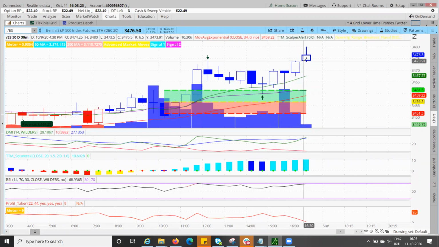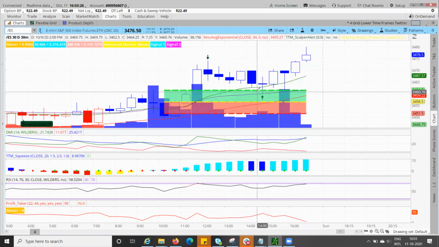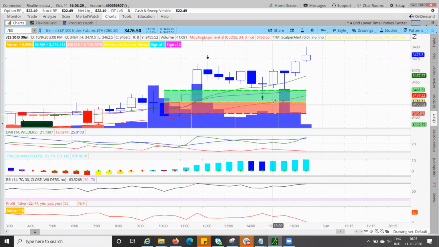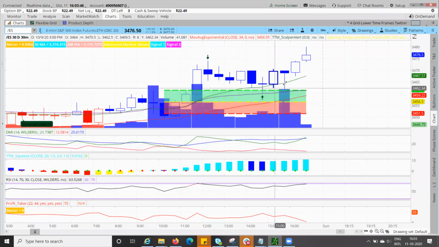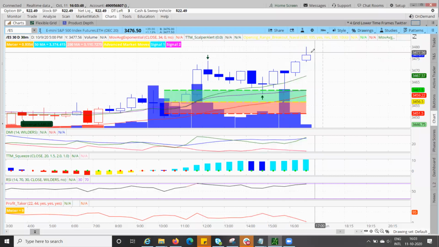Stop loss here is this green line. As soon as you go below here, or if you want to be a conservative trader, this is your yellow line, which is 34.56. Anytime ES goes below 34.56, you have to go out, no matter if you're in loss. But if you follow the principle of 3 candles, which I always use, 1, 2, 3, I should be out somewhere here.